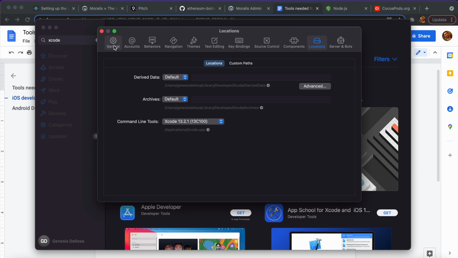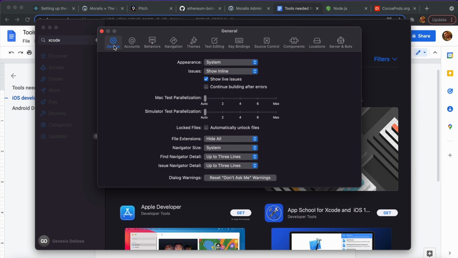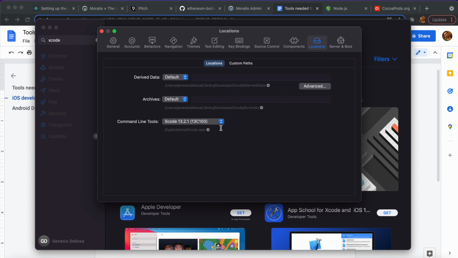And we are going to be setting up the command line tools. When you open it, it's going to be redirected here in the general tab. But we want to go to the locations tab here by clicking locations. And as you can see, here in the command line tools section, we already got the Xcode 13.2.1, which actually means we already got the command line tools that we need,